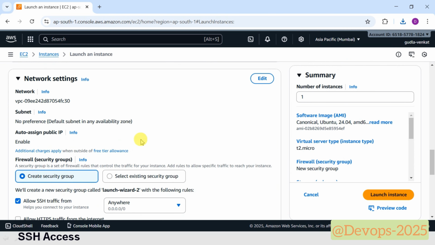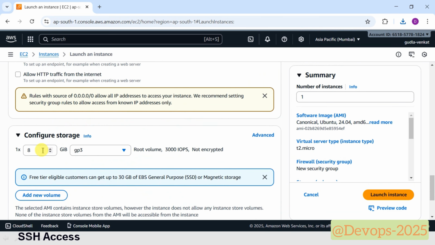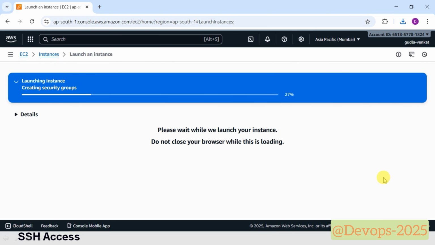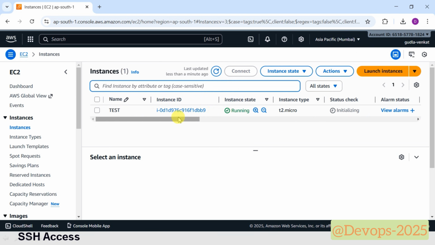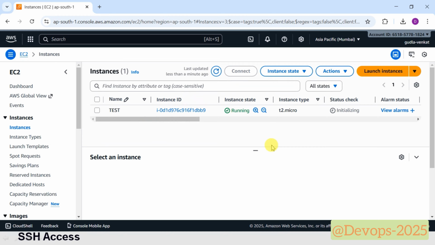You don't need to do anything. And for storage, by default you will get 8 GB. If you want, you can modify it to 10 or 15 GB. Finally click on launch instance. As a result, your EC2 server is created. Once the EC2 instance is running, refresh the EC2 dashboard. Okay, now to connect to the server, there are multiple options available, but the most common and